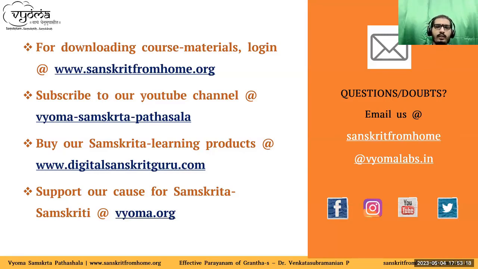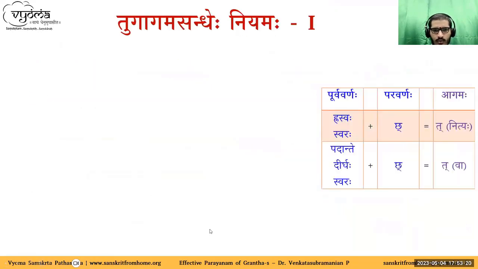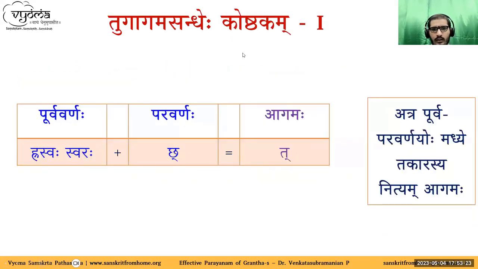So let me just go back to the first rule. Here, see, in the first rule, the rule doesn't mention if the Sandhi is at the end of a pada or in between a pada, in the sense within a pada. So according to the first rule, Tugagama Sandhi can occur within a pada or at the end of a pada. If it occurs within a pada, Samhitaika padaya nitya. Within a single word, Samhita is nitya, so we will do it anyhow.